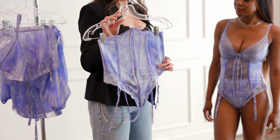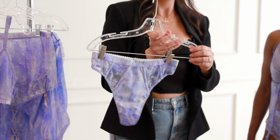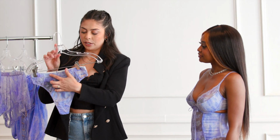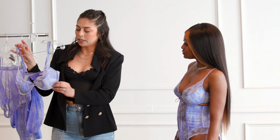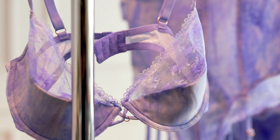The cupless and crotchless corset, and then the high waist thong. I love thongs. Me too. And then always our little signature Savage X Fenty logo band on them. And then this is the half cup plunge bra. And this one's really great because it allows you to still have that lift that you want, but also has